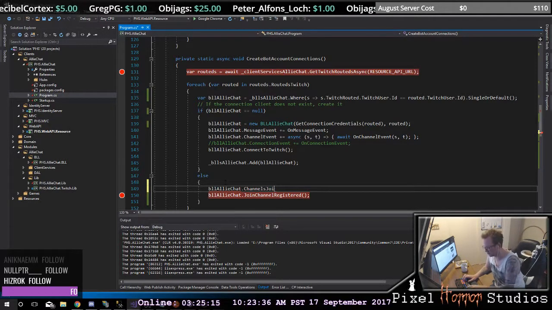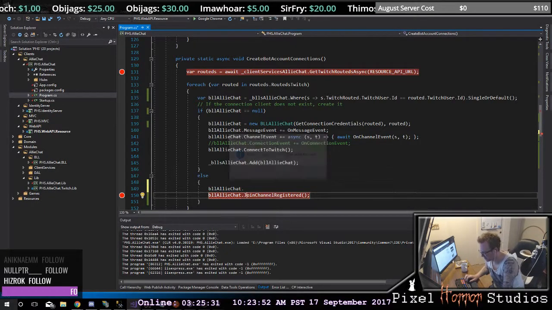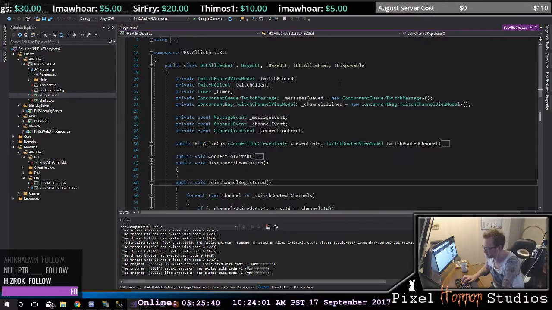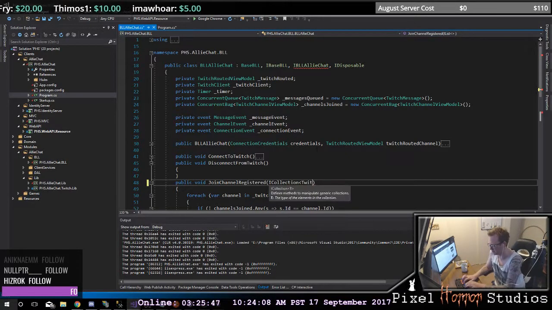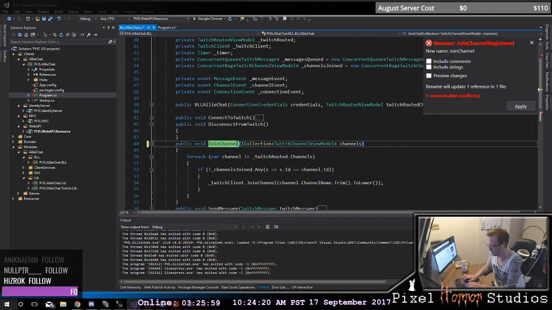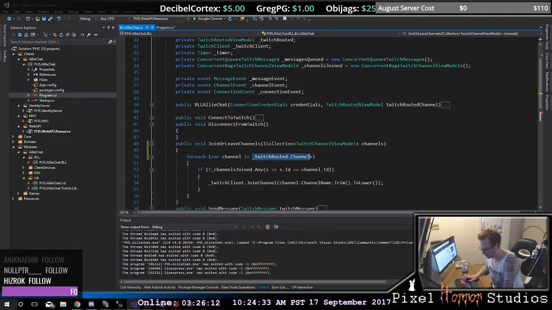You need to add something in here called, so when you look at this one, this one is going to be a channels joined. So this is just going to be an ICollection of my Twitch channel view model. And this one's going to be called my channels. And this is just going to be called join channel. Join or leave channels. So for each one of these channels here in channel,